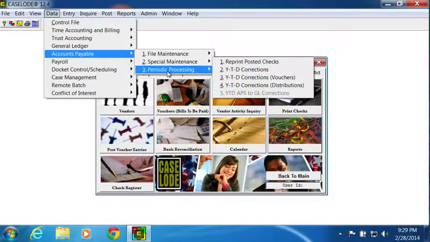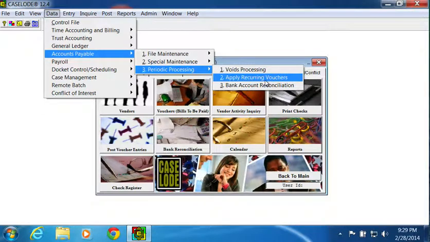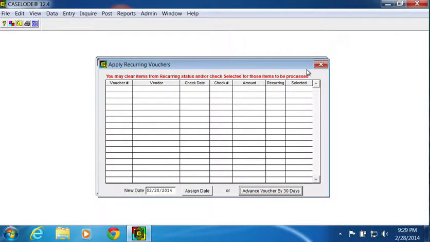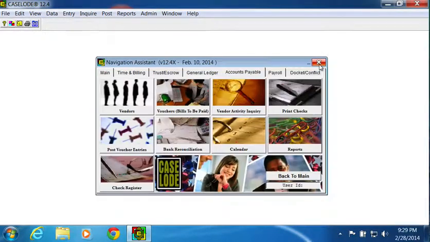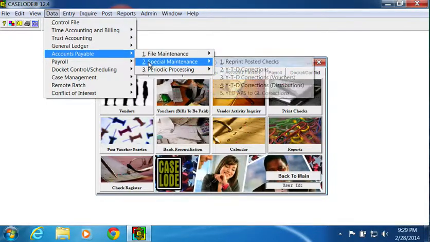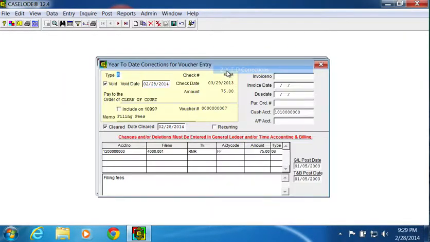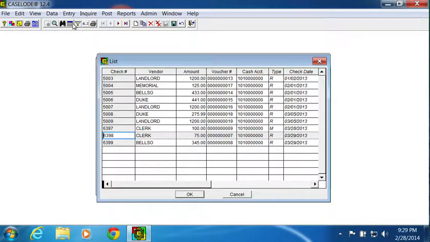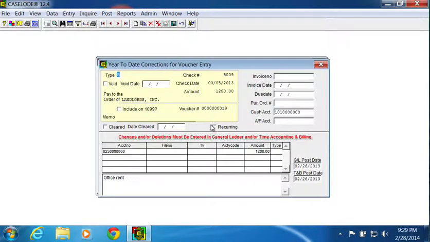Another area you have is the ability to apply recurring vouchers. And a good example of that would be like a payment that you make each and every month. It might be to your landlord for your rent. And if you go in here and treat that as a recurring voucher,